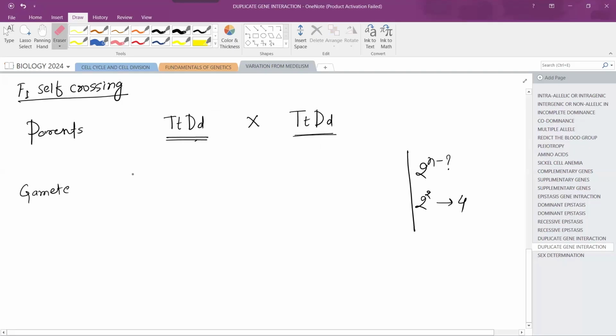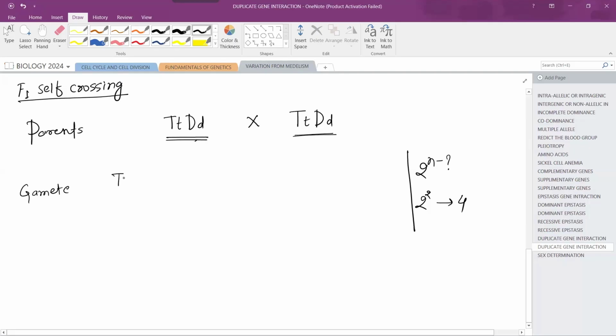Okay. Can you tell me what are the combinations of gametic genotype? Big T, big D... No, tell me again. I will write it down. Big T,